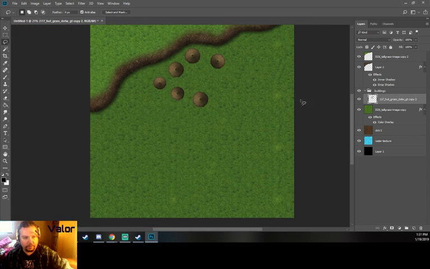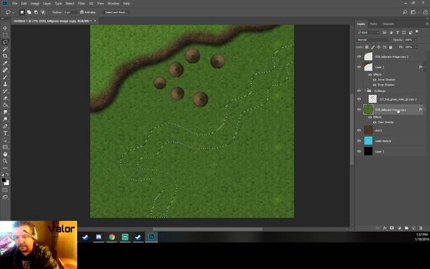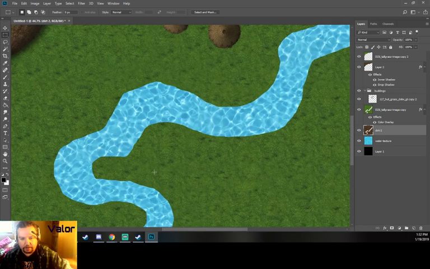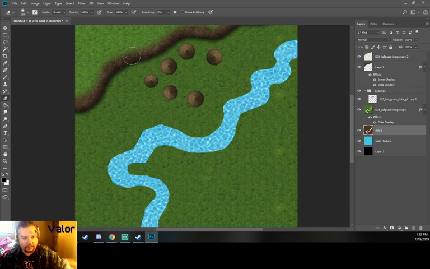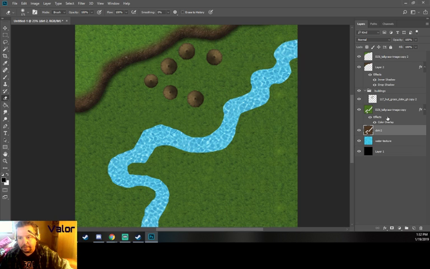Alright, so for our river, let's have a little river coming through here. A happy little river. And these things are going to look better if you spend a little bit more time. I'm going a little fast here, just trying to get this knocked out. We're at 1:30, and we said we could do this in an hour, so I think we're still on track. So here's where our beautiful water comes in, and then just like the last time with the cliffs, we're going to take, except I'm going to make it a little smaller, and I'm going to pull back